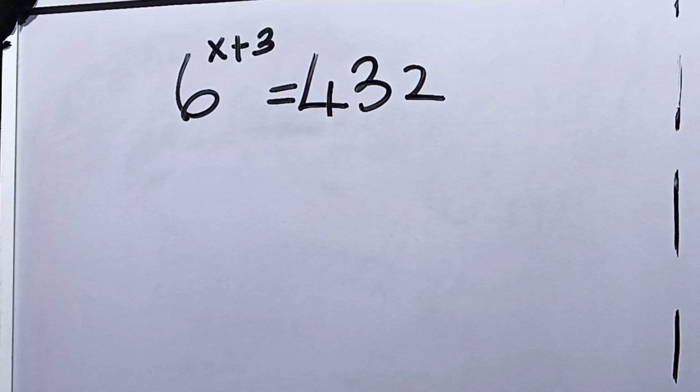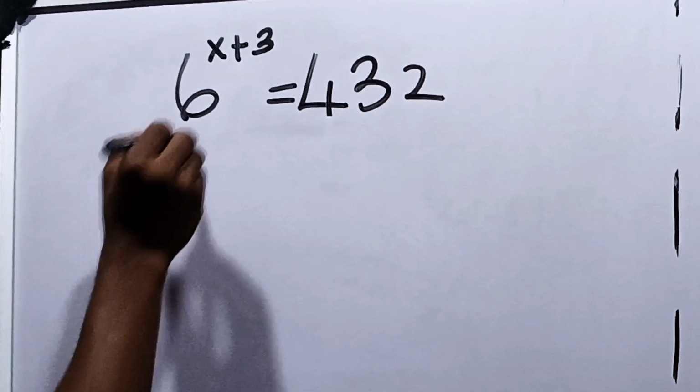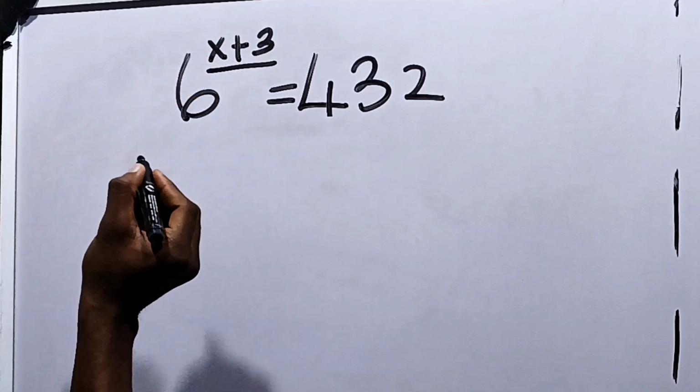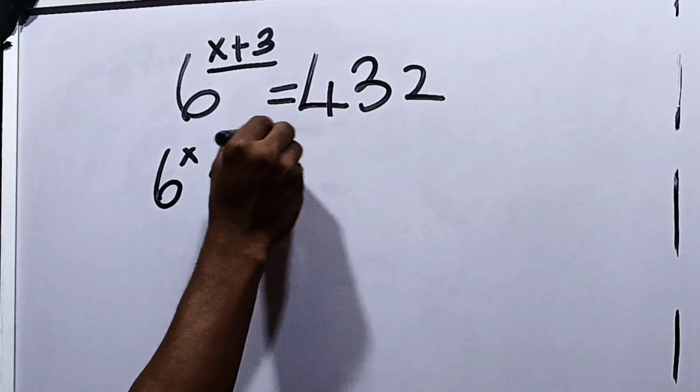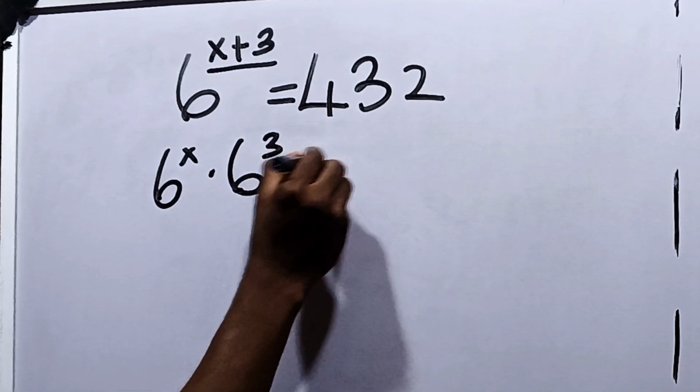Let's solve this together. It says 6 raised to power x plus 3 is equal to 432. Okay, how do we solve this? Now, first things first, when you have plus in indices, it means multiplication. So we have 6 raised to power x multiplied by 6 raised to power 3 to be equal to 432